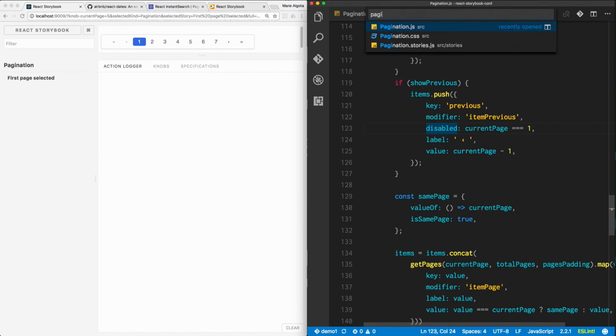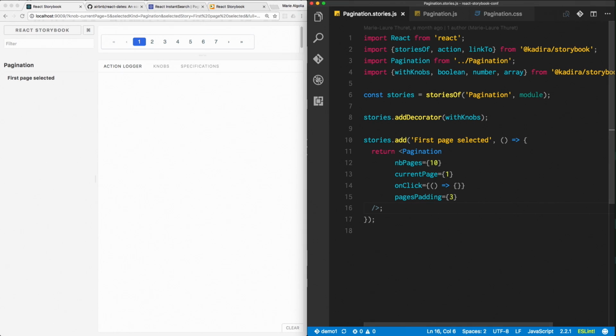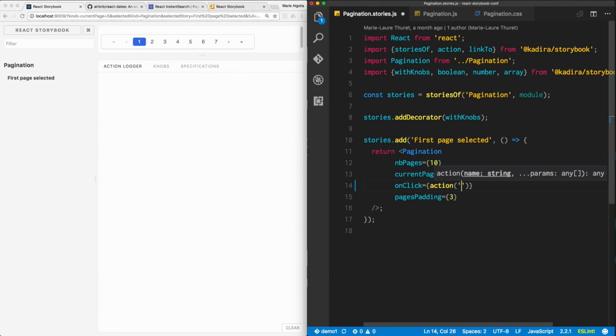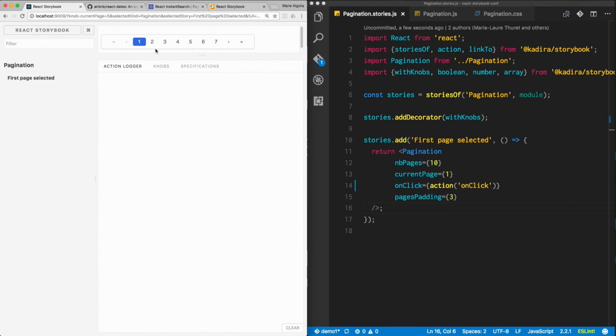Actually, what we can do is express explicitly our actions. So if I'm looking back to my component declaration, you can see that there is this action which is called onClick. Here it's undefined right now, this function, but I can use the action function from Storybook, like, OK, this is a new action. I will call it onClick. And so now, if I'm clicking on my pagination component, I'm able to see it logged on the action logger